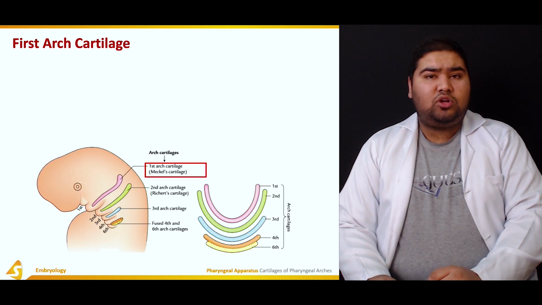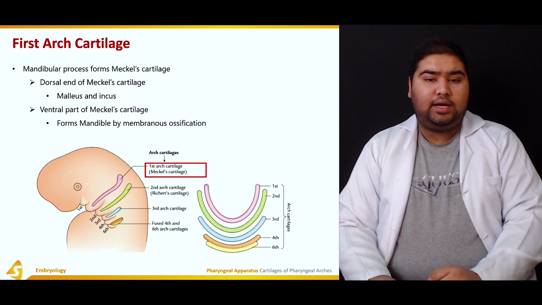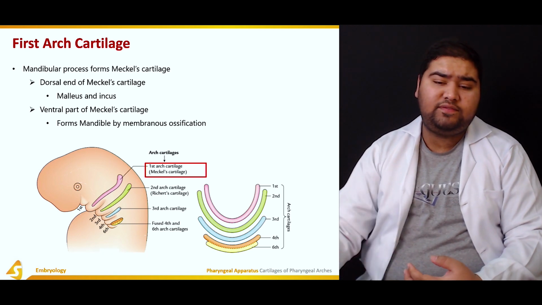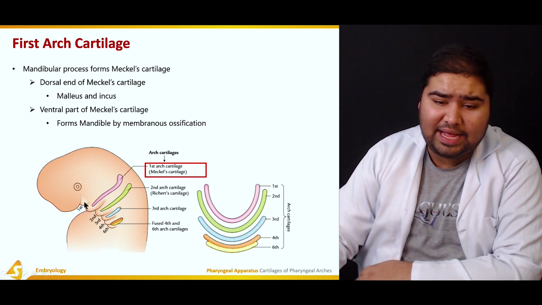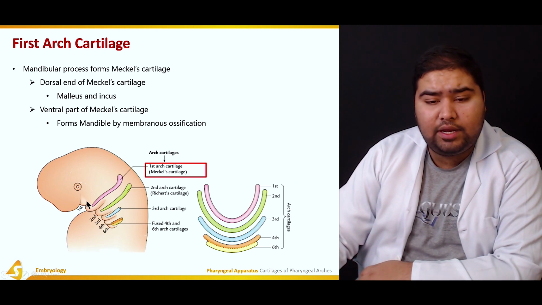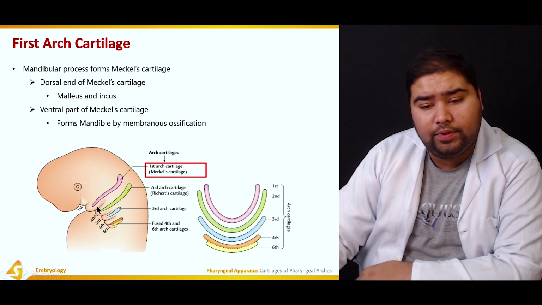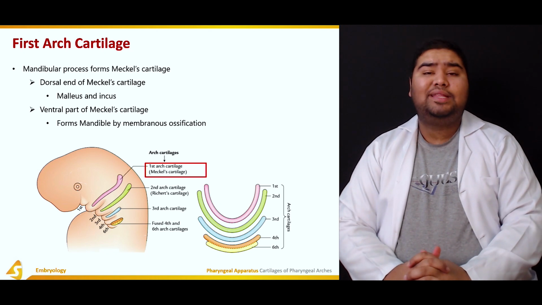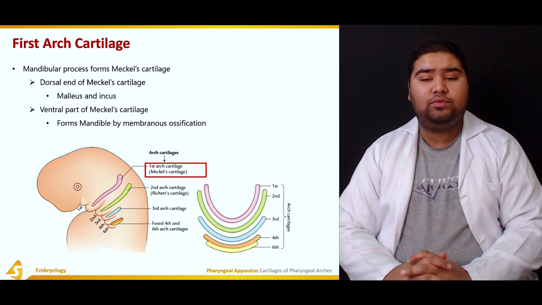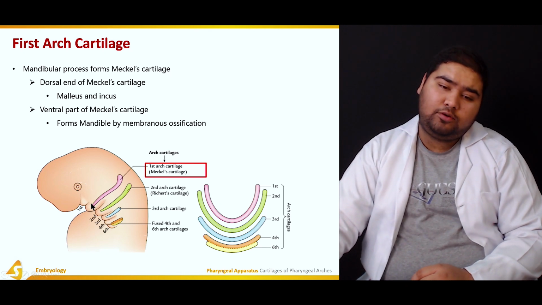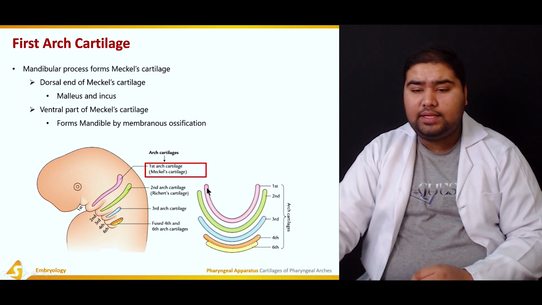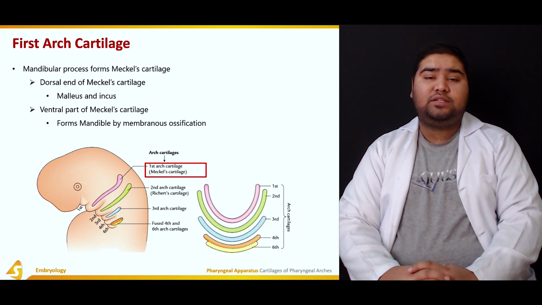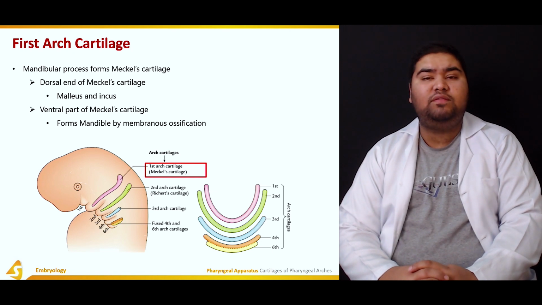Now, the cartilaginous component of the first pharyngeal arch. As we've talked about before, the first pharyngeal arch, as it can be seen in the figure, has a maxillary component and a mandibular component. In the mandibular component of the first pharyngeal arch, the cartilage of the first pharyngeal arch, which is known as the Meckel's cartilage, is formed. Here you can see in the figure in pink. This is the Meckel's cartilage, which is the cartilage of the first pharyngeal arch. It is formed in the mandibular component of the first pharyngeal